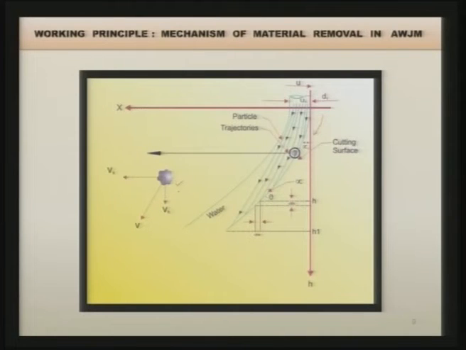One is the velocity in the x direction, another is the velocity in the y direction or h direction, and these are the components of the velocity v, that is the resultant velocity. As I will show you in the next slide, the surface that you get after machining is not really a smooth surface, rather it is a serrated surface,